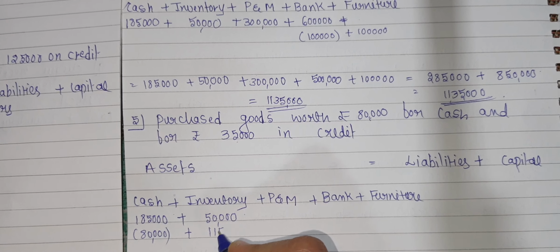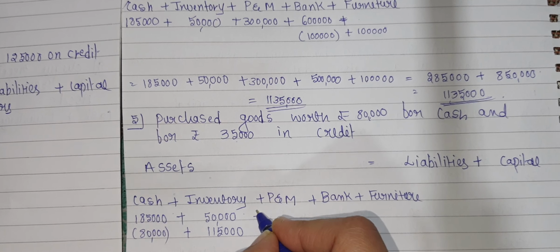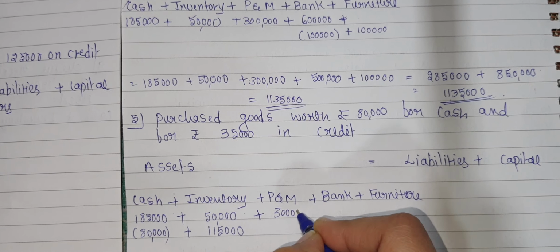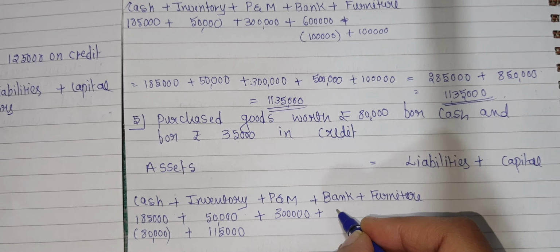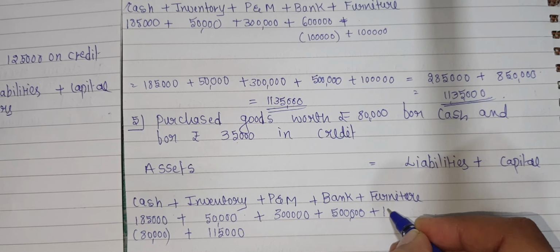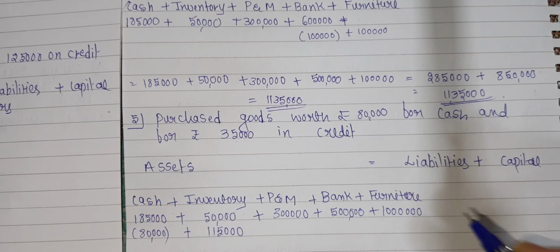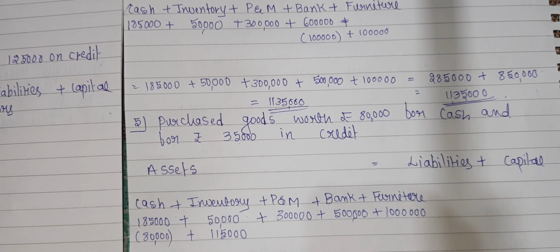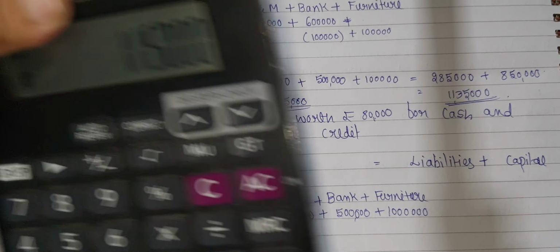1,15,000. Plant and machinery remains the same. Bank amount, that is rupees 5 lakh, and furniture, that is rupees 1 lakh. It also remains the same. Okay, now we will write down 1,85,000